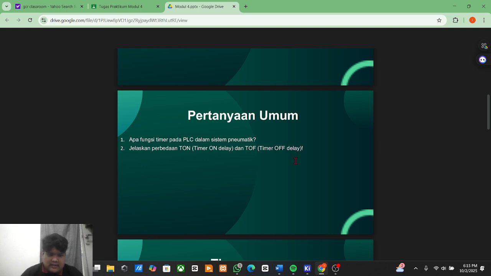In other words, the input must remain on for the set duration before the timer output becomes true. If the input turns off before the delay is complete, the timer resets. This is useful for delaying the start of a cylinder movement.